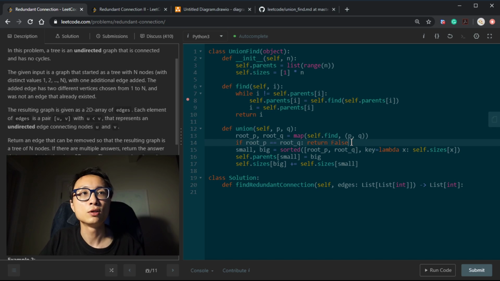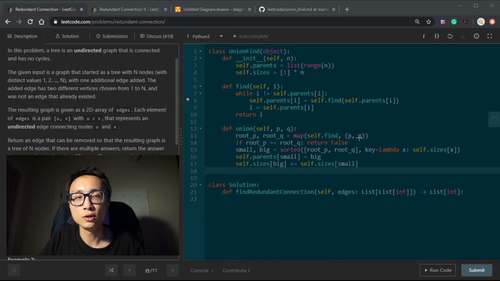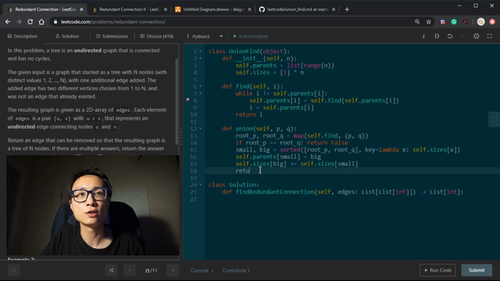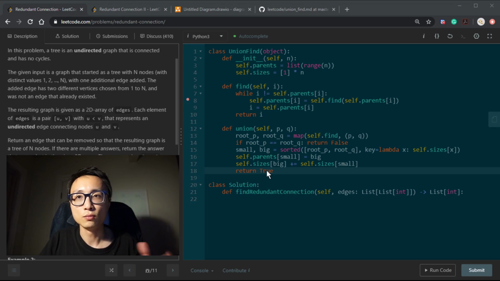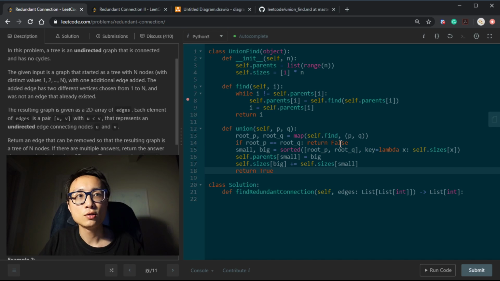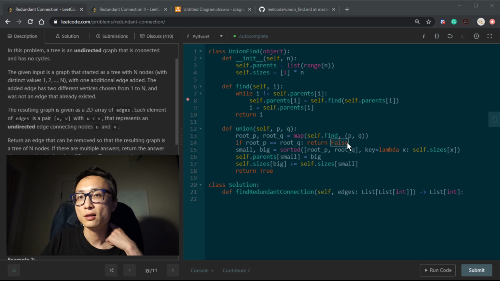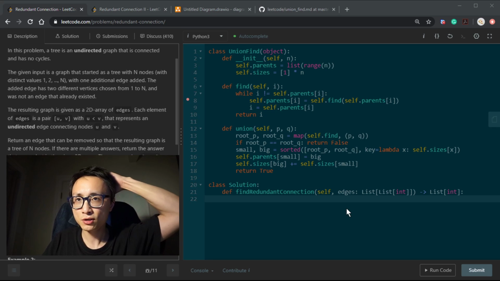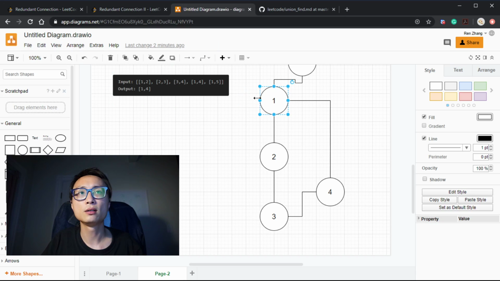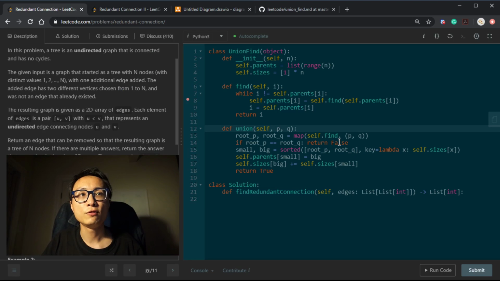So here we're just gonna return a boolean instead of the regular union find that returns nothing. It's a void function. But here we actually want to modify this function to return a boolean type. If we indeed did the union, we return true, so we can actually connect these two nodes. Otherwise, we return false. This false is telling us this edge is the problem-causing edge. So with this, we should just pretty much follow the tree building process using the order from the edge list. Whenever the first case when we get a false from the union operation,